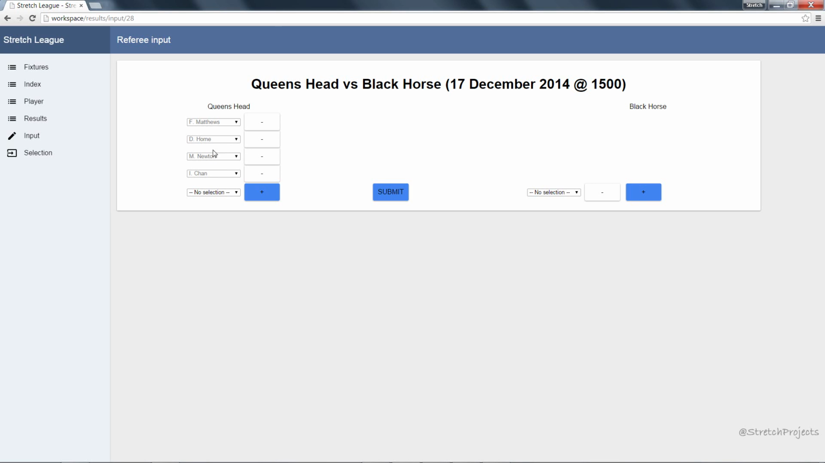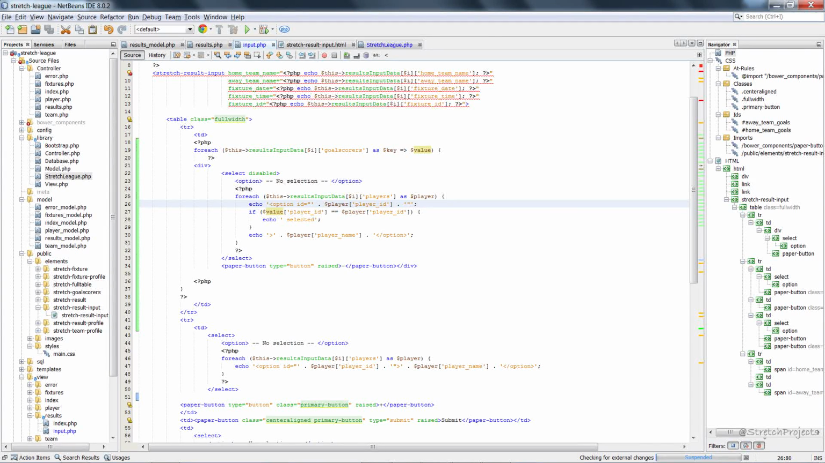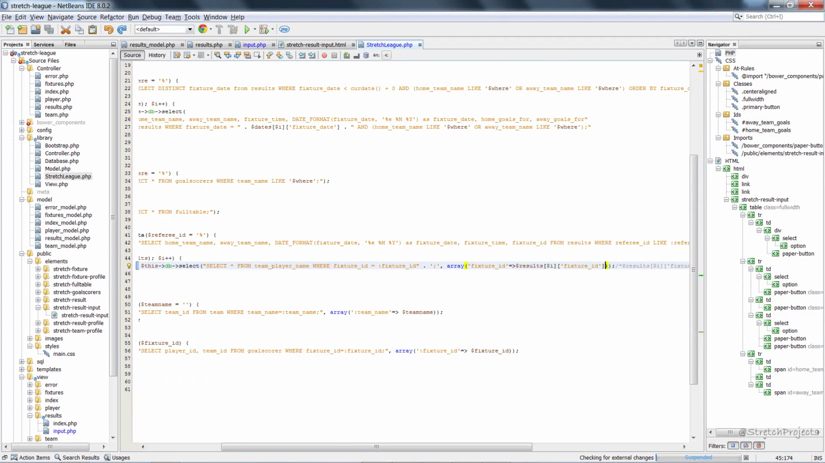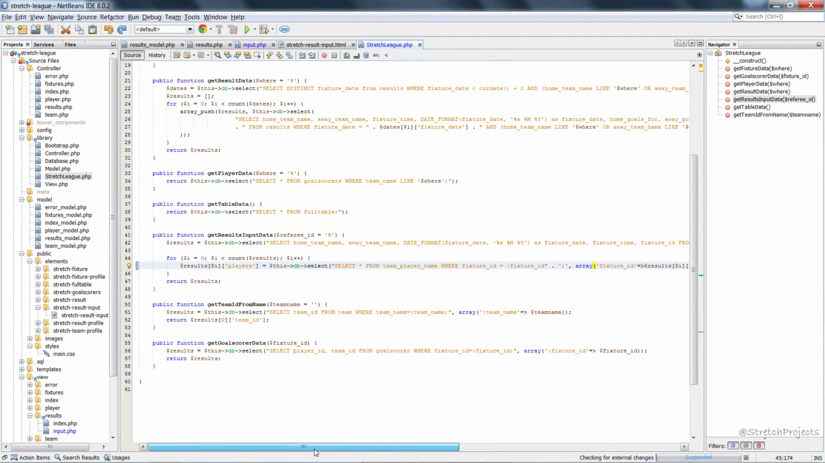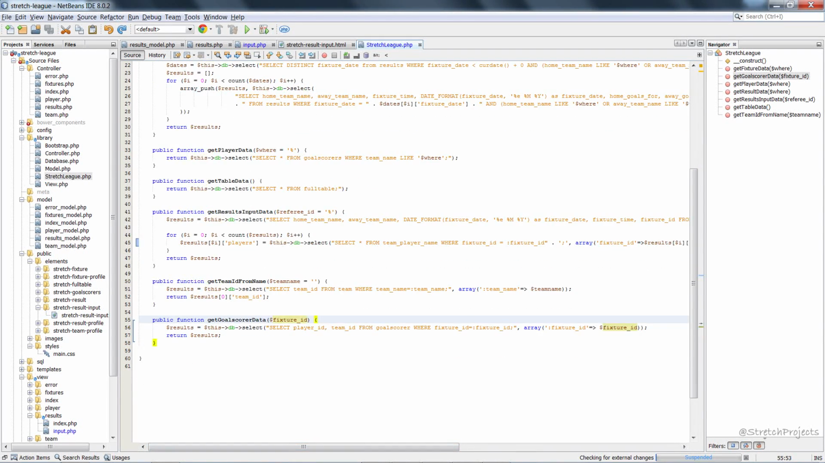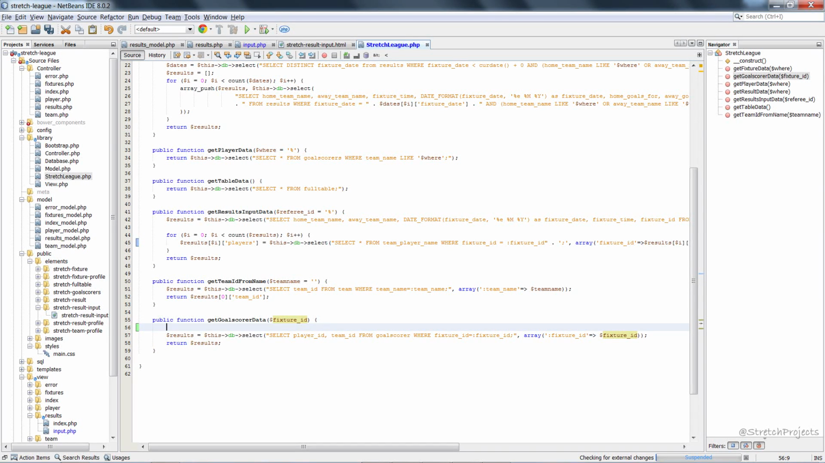The next problem is the fact that we have all of them selected on the left hand side and no goal scorer selected on the right hand side. I happen to know that this result was 2-2, and so we should have 2 boxes on either side. So the easiest way for us to address this will be in our Stretch League class. If we rework our goal scorer data section, we'll be able to output the data split between the home team and the away team. So to do this, we simply need to create a variable called teams,